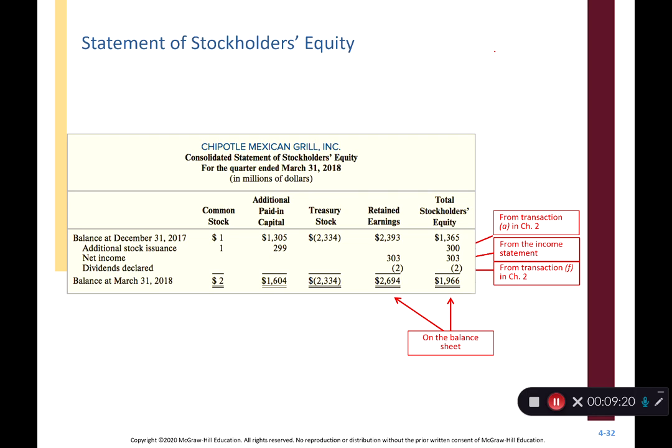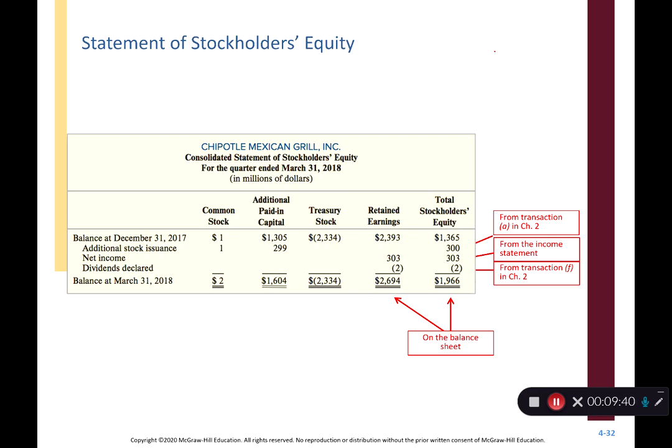Treasury stock we'll talk about in a later chapter. It's negative because it's the opposite of selling stock. When we sell stock, equity goes up. When we buy it back, because it's the opposite of selling it, it goes down. Again, we'll talk more about that later. You don't need to worry about treasury stock for the first exam or any related quizzes that happen prior to